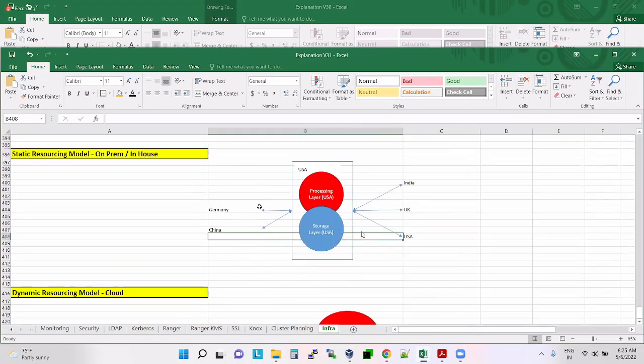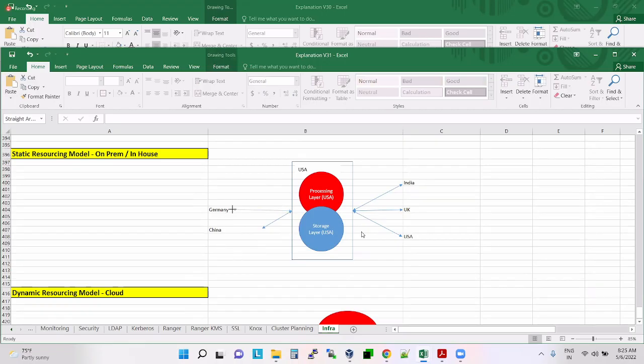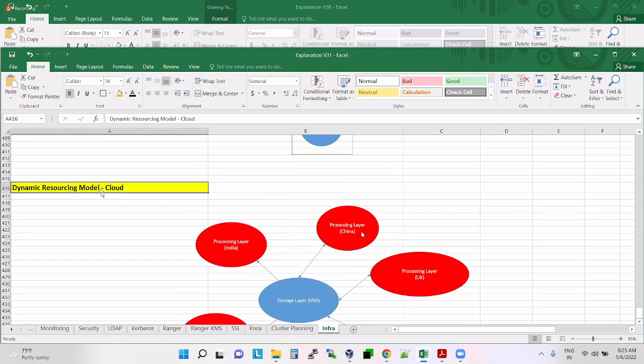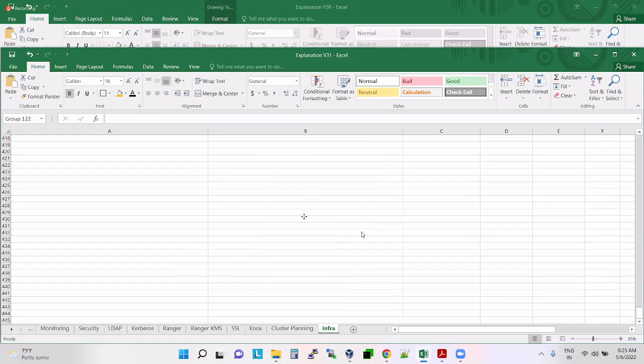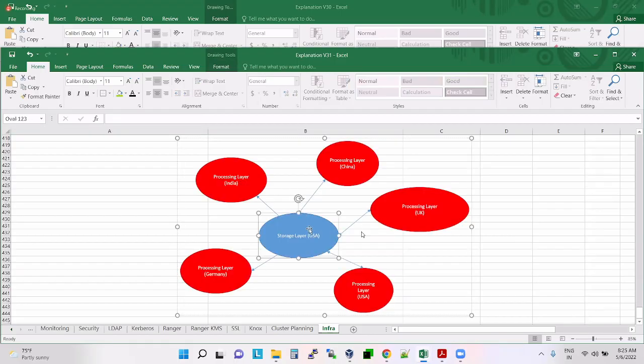When it comes to the dynamic resourcing model, the storage is from the USA, but for the processing, they take it from their own region.